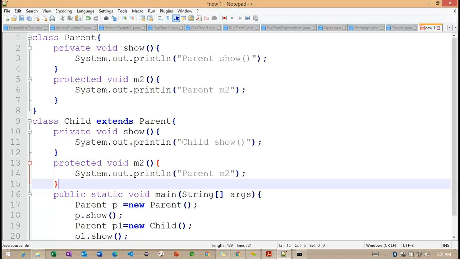I will copy the protected one. Right. And now we can understand here.